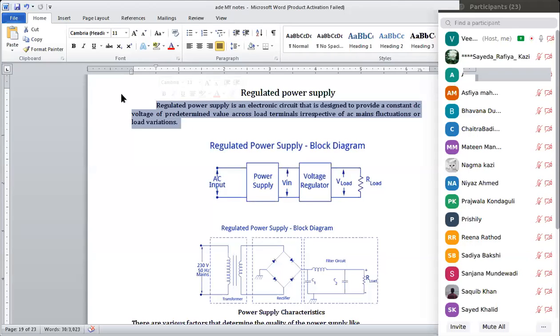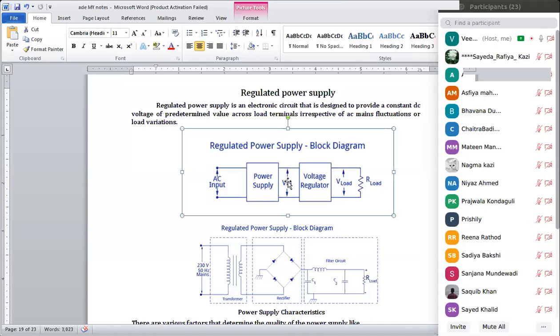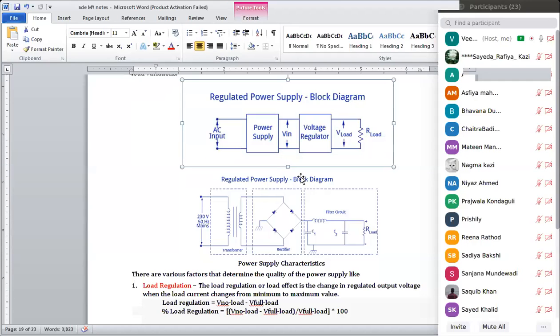Okay, so a simple block diagram is there for the power supply. The AC input is given to the power supply, then the input voltage goes to the voltage regulator circuit. Two blocks are there, and then what I'm getting at the output is the load. At the load resistance, I will get the load voltage. Okay, so this block diagram is again